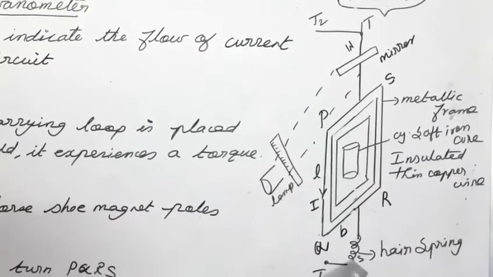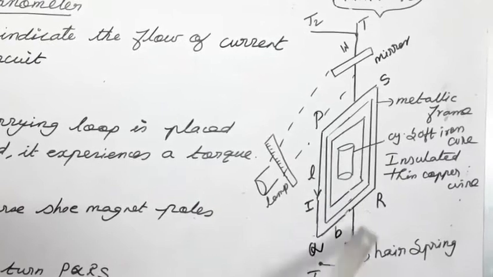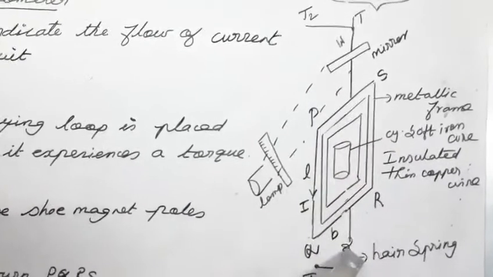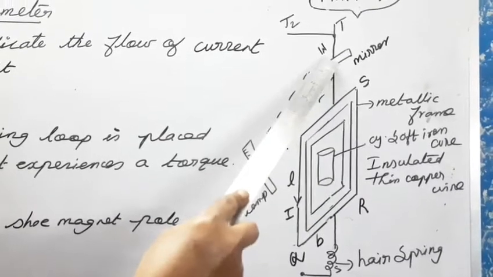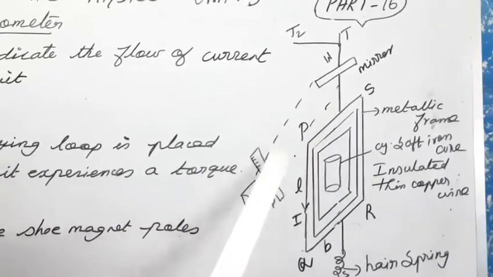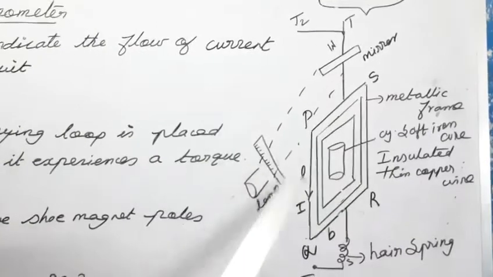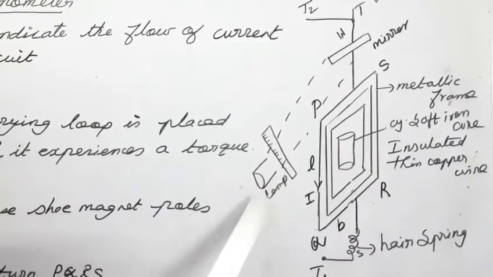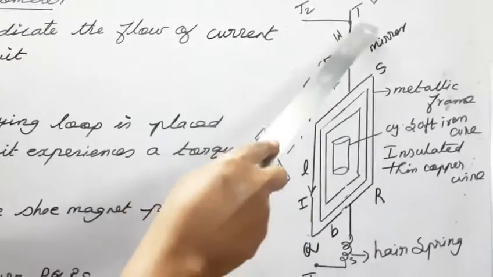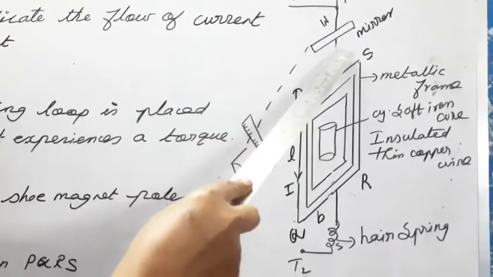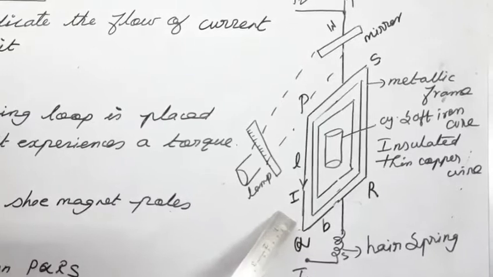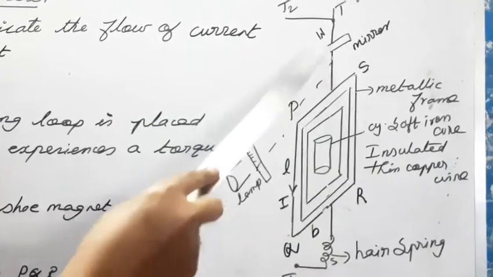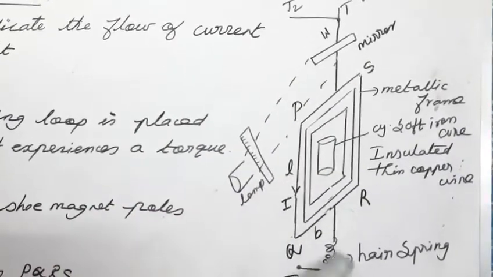which is also made up of phosphor bronze. In a fine suspension strip W, a small plane mirror is attached in order to measure the deflection of the coil with the help of the lamp and scale arrangement. The other end of the mirror is connected to the torsion head T. In order to pass electric current through the galvanometer, the suspension strip W and the spring S are connected to